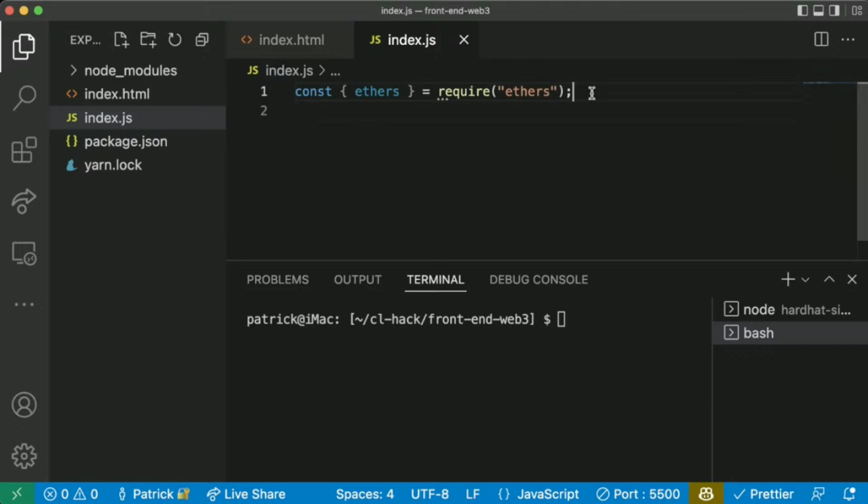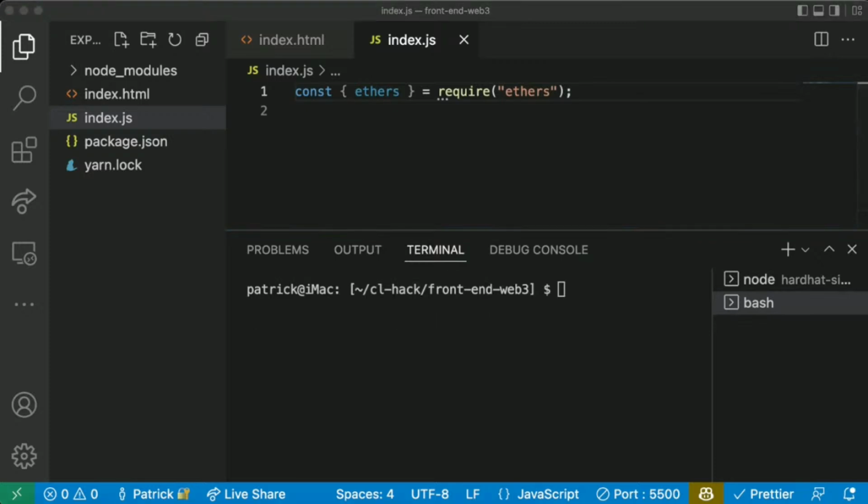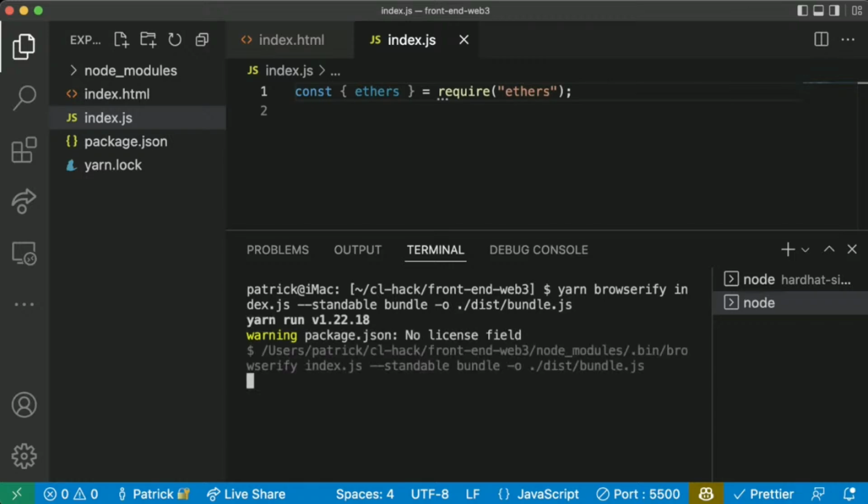But just to make it easier so that we continue with this syntax here, we'll install that Browserify thing. And then what we can do is run yarn browserify index.js -s standalone bundle -o, and then we'll create a dist folder and call it bundle.js.